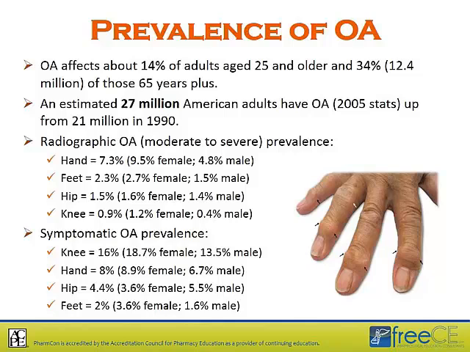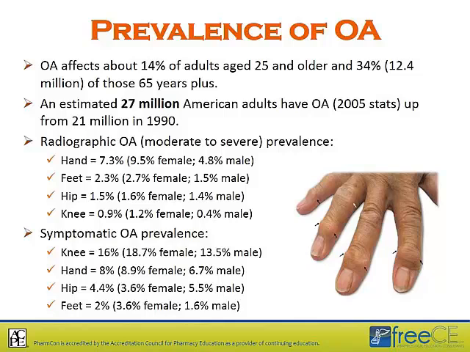Prevalence of OA, at least in terms of radiographic evidence, and this is moderate to severe changes that are seen on X-ray, OA of the hand is most common. Of course, the prevalence is greater in females compared to males. And you can see next comes the feet, the hip, and then the knee is least common in terms of radiographic findings. But if you compare that to symptoms of OA, in other words,